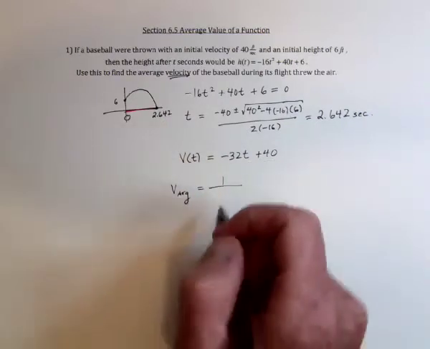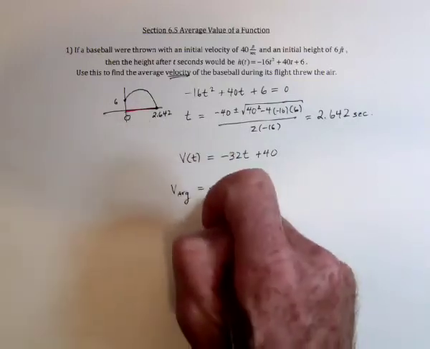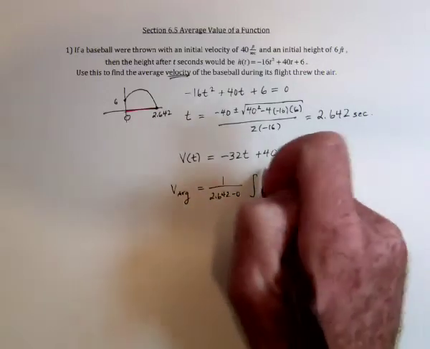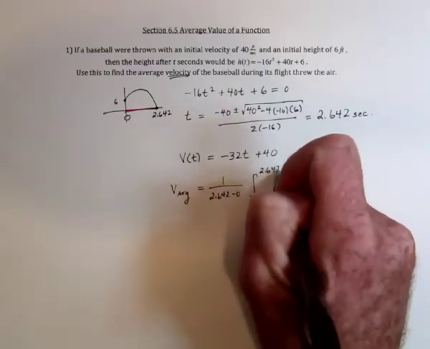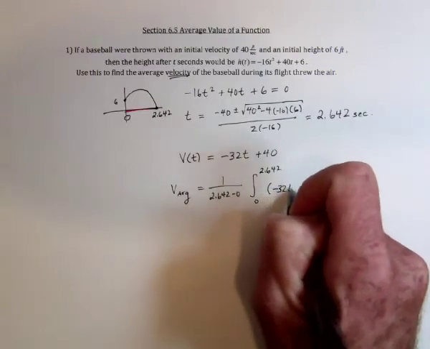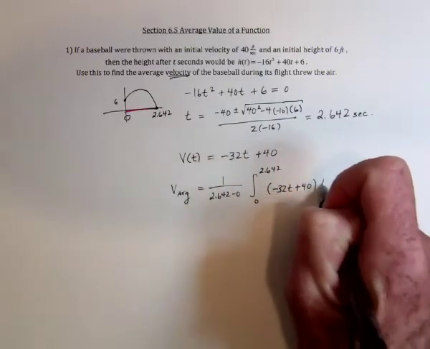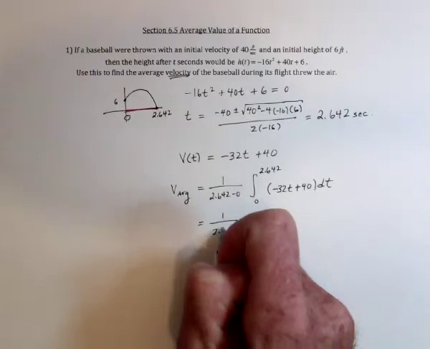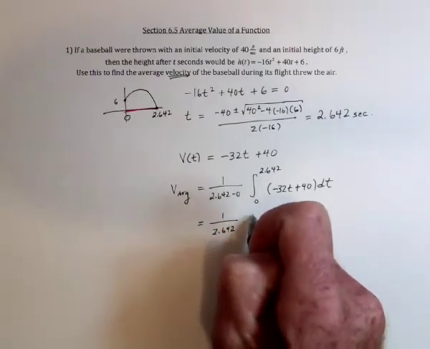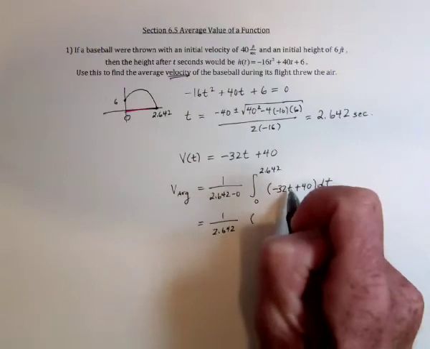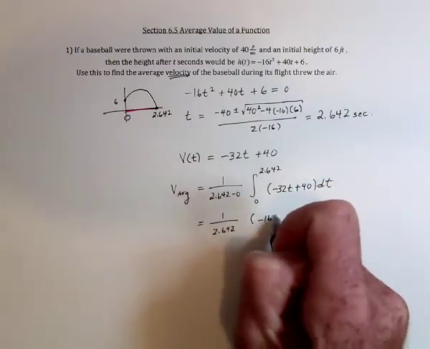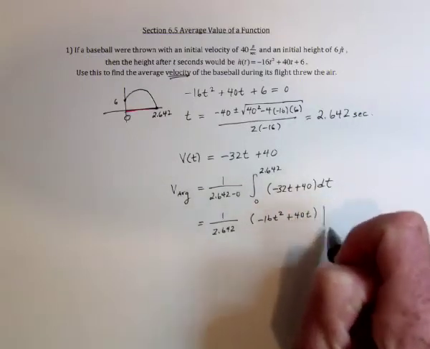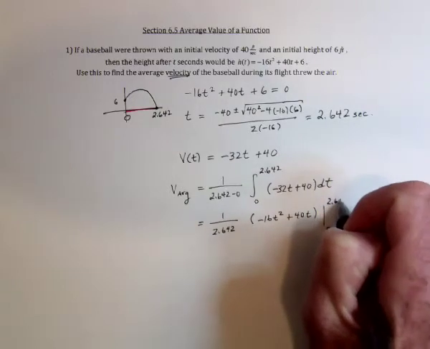technically the definition says take 1 divided by, and then you subtract these two numbers, and then integrate from the smaller one to the bigger one, the velocity. So I'll have 1 over 2.642, and then when you integrate this, this is t squared over 2, and then this would be 40t. So evaluate that from 0 to 2.642,